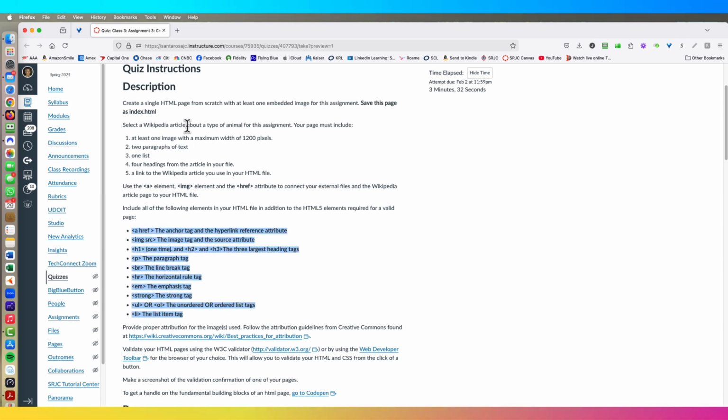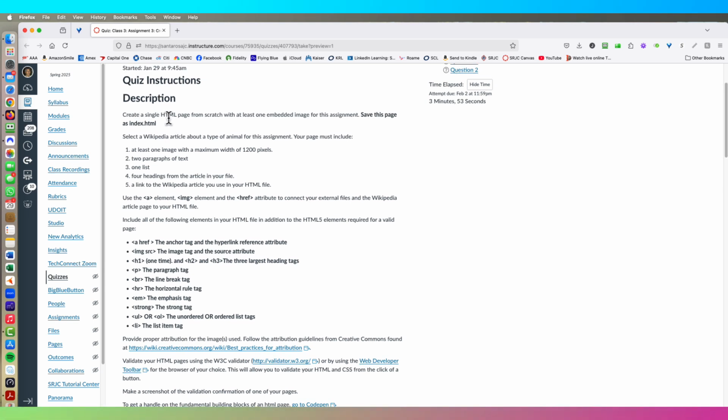The page that you're going to create is going to be based on an animal of your choice as the beginning of this midterm project. You can select a Wikipedia article or use a different source for your choice of animal. Make sure that you create a single HTML page with at least one embedded image and save this page as